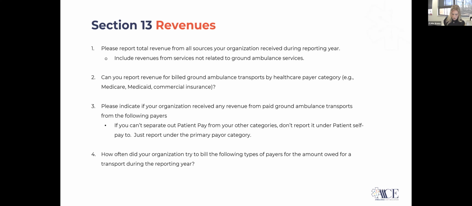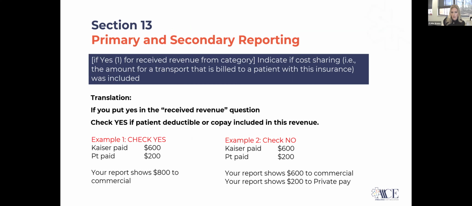So if you advance, Brian, 2 slides. What we're talking about with cost sharing is if you're not able to separate out when a patient is paying a portion of the account because it's difficult for your billing system to do that, it's okay to report the total revenue collected, received by, let's just walk through this situation. Patient has Medicare Advantage and the patient had a $250 copay on that transport. Pretty common. So when you're reporting your revenue under Medicare Advantage, are you reporting the $250 that you already received from the patient? Is that going to be included in that Medicare Advantage total you're providing?